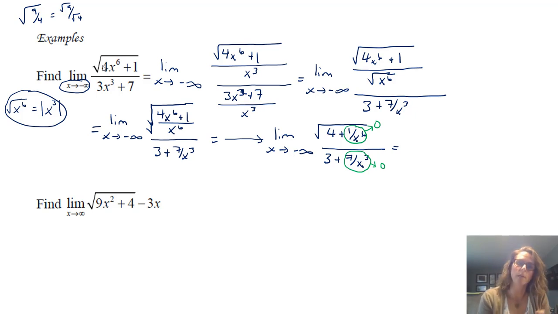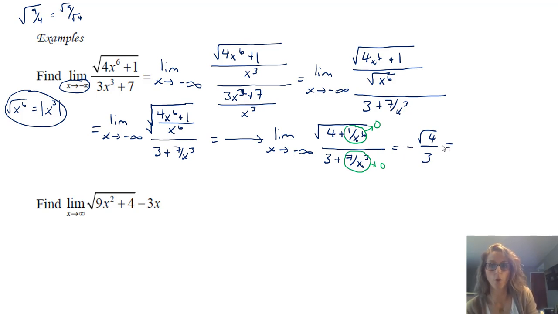So notice that if I put in a very large negative value for x cubed, that's going to be negative. I multiply it by 3, that's going to be negative. And of course, if it's some very large negative number, I add 7, well, that's still a very large negative number. And so my denominator as x goes to negative infinity is going to be negative, and a positive divided by a negative is a negative. So although I might want to say that this answer is the square root of 4 over 3, in reality, it's negative square root of 4 over 3, or negative 2/3.